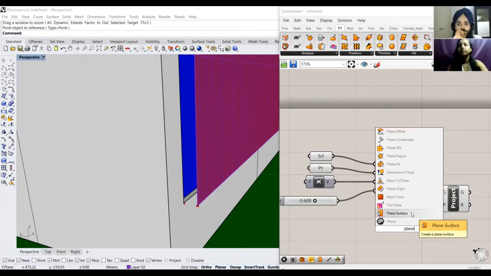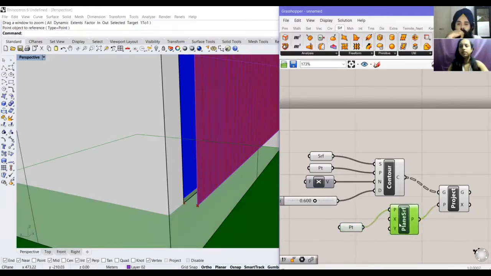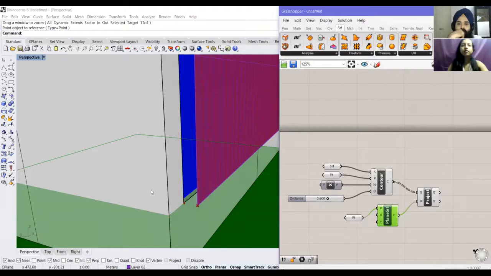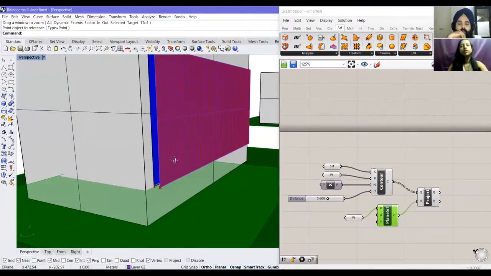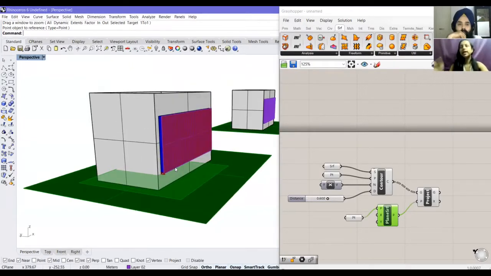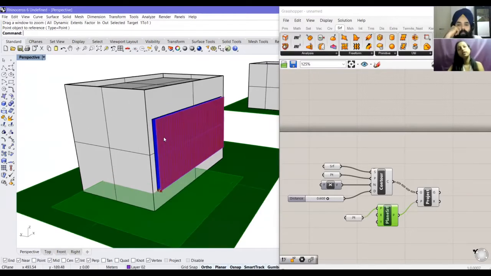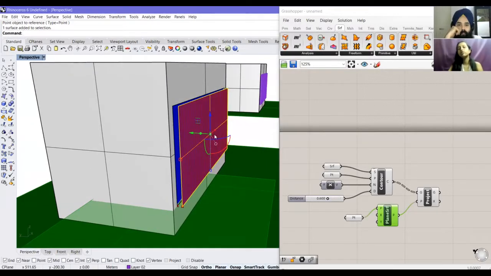I'll just make a plane out of this and do the project first. Then it'll be easier for you to see. Okay, so what's happening is the plane is being created on the default value, which is xy, but we need it on xz. So this is the xz plane, which is parallel to the plane we were using here for this surface. This surface is also on the xz plane, so we are going to make an xz plane instead of this.